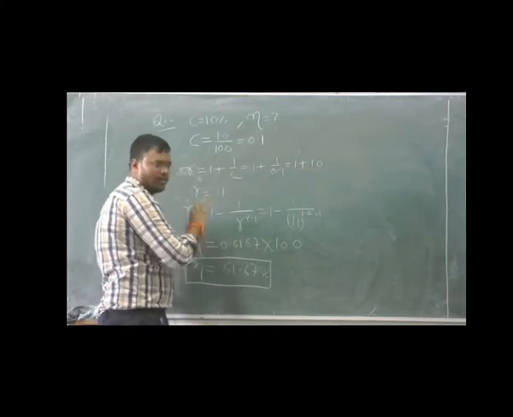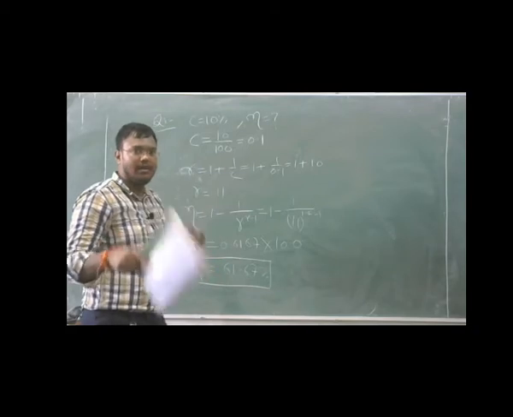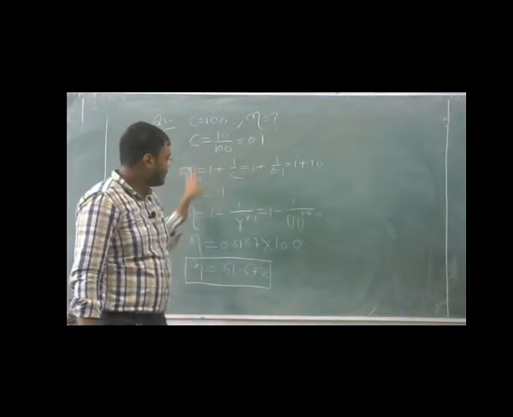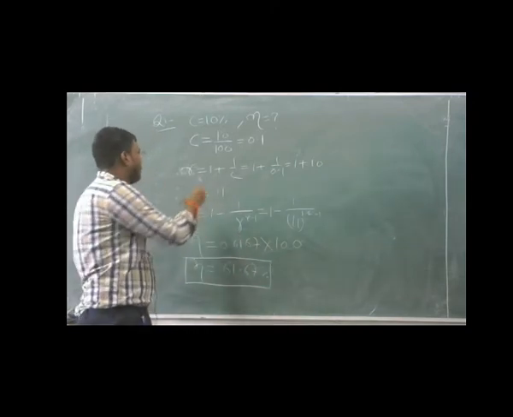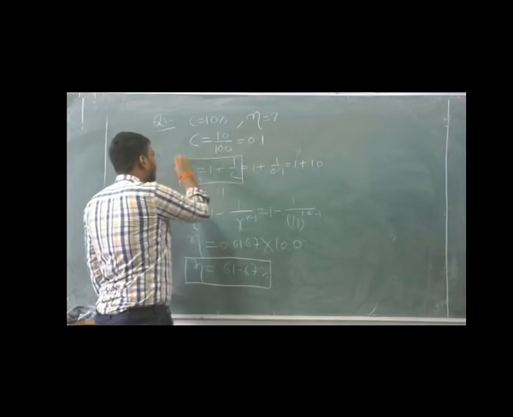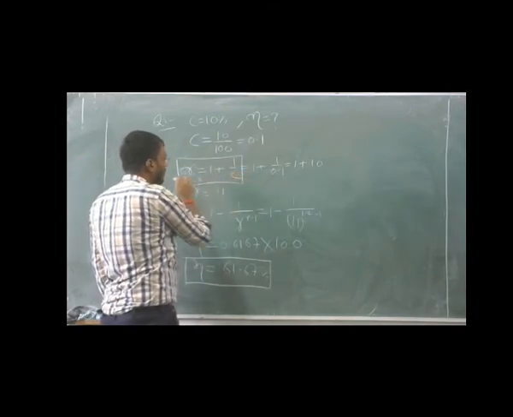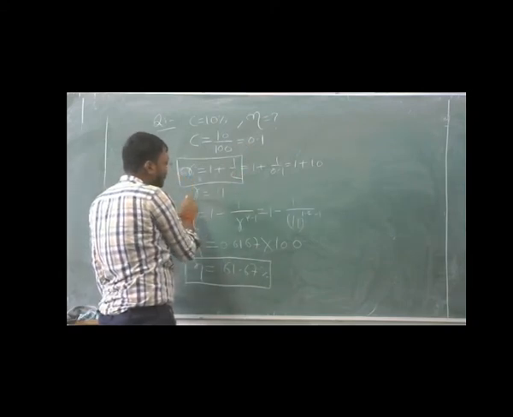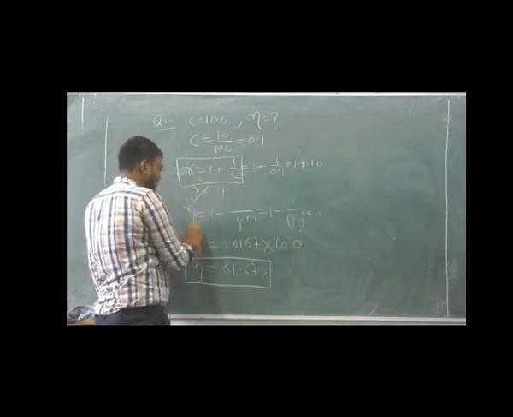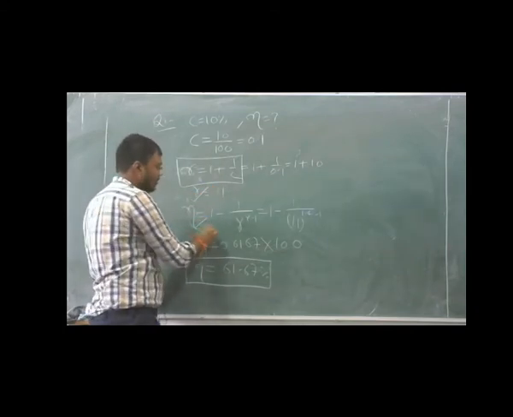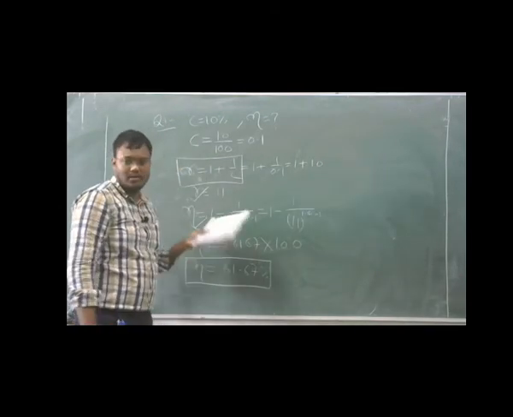So this is a very easy question. I have given you this question to solve, and maybe many of you have solved it. In this way you can easily solve it. You have to remember the formula R is equal to 1 plus 1 by C. Then you can put the value of C, calculate the compression ratio R, and after finding R, you can easily calculate the efficiency of the cycle using this formula.